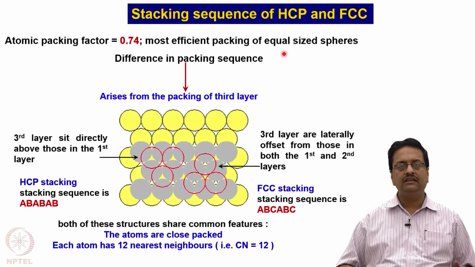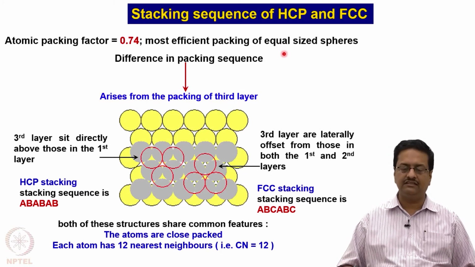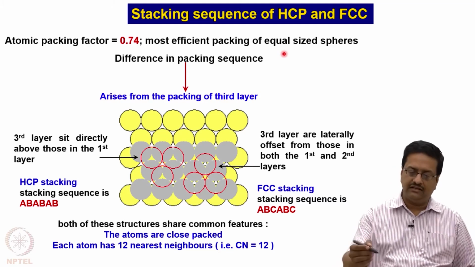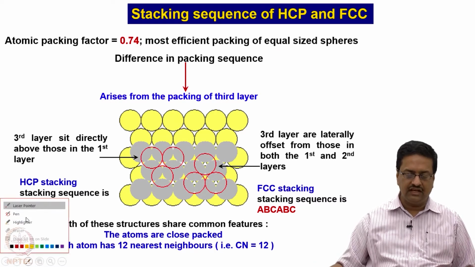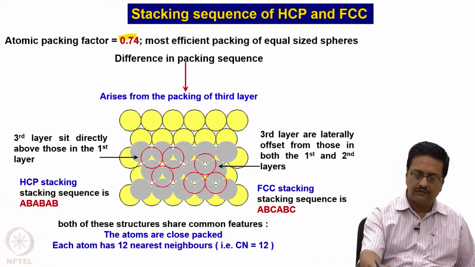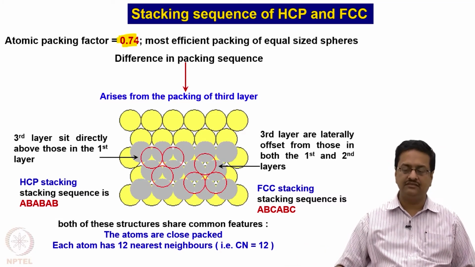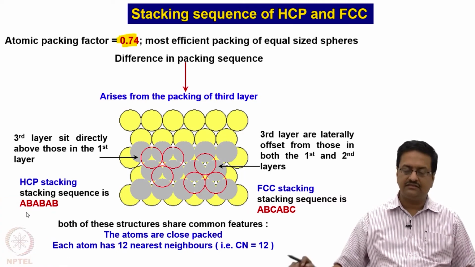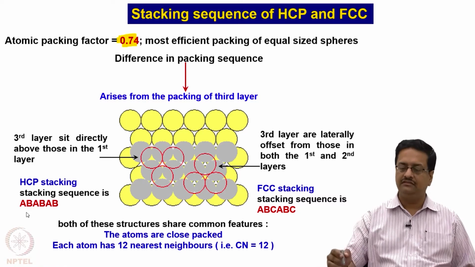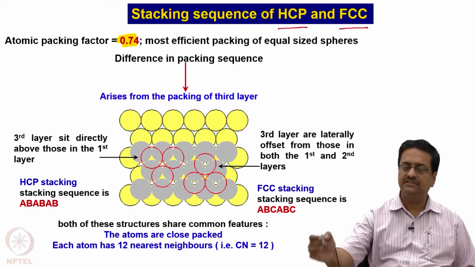So in the case of face-centered cubic and hexagonal close pack structures, this atomic packing factor turns out to be 0.74, and this is the highest packing fraction that one can achieve. The most efficient packing for equal-sized spheres. But now we need to understand the stacking in HCP, that is hexagonal close pack, and stacking in FCC,